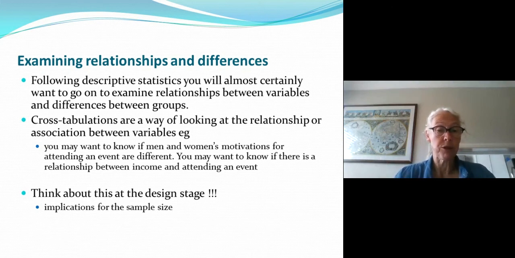You might want to know if men and women's motivations for attending an event are different. You might want to look at income and attending event. Then you can use a cross-tabulation. And I've got a little word of warning there to think about this at the design stage because it does have implications for sample size. So going back to a session I did on quantitative sampling, sometimes you can actually work out that you need so many people in your study because of the analysis you want to do,